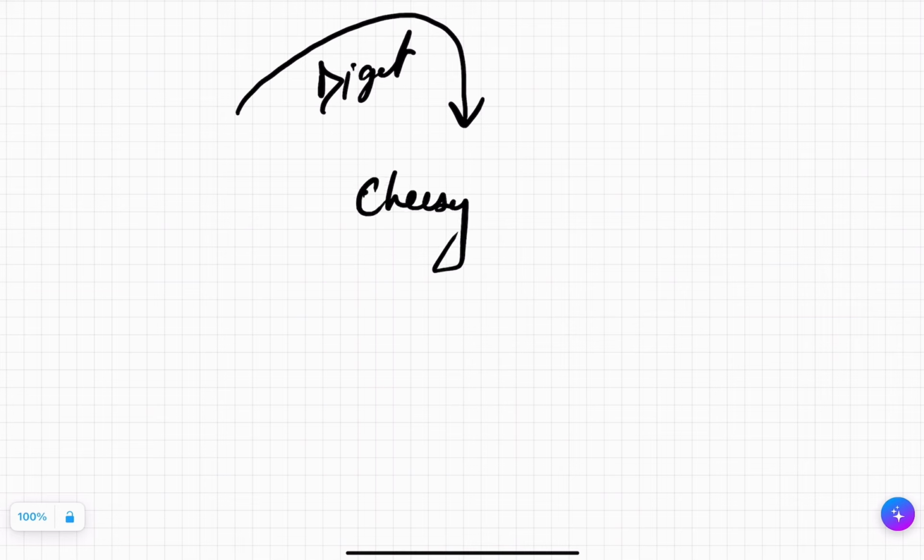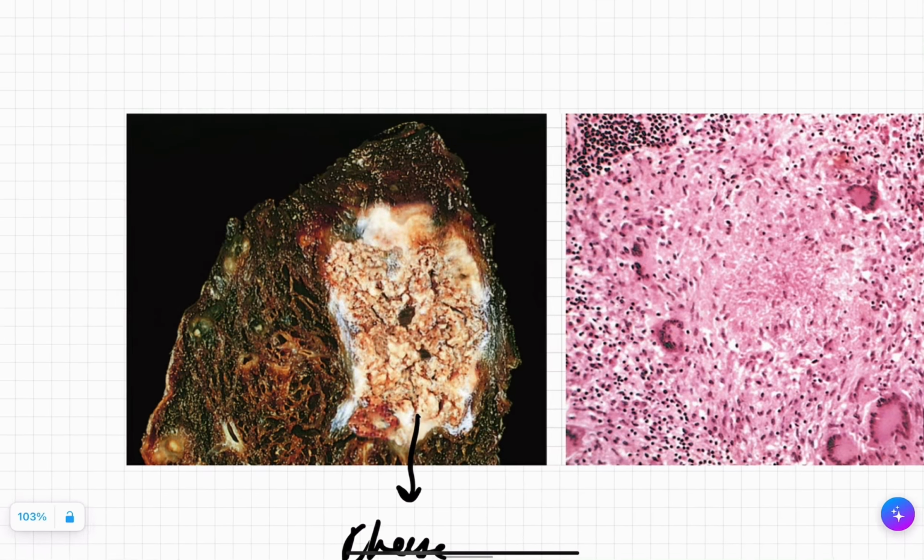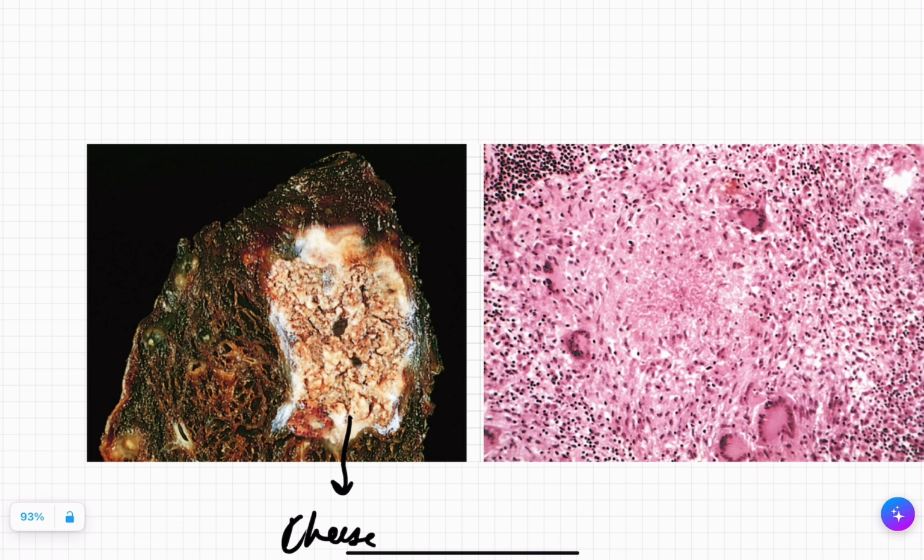This is the reason why we call caseous necrosis cheese-like in appearance, because they have a cottage cheese appearance. So caseous means cheese-like, necrotic tissue showing the cheese-like appearance. Cellular architecture will be lost here, as you can see in the photograph, often surrounded by macrophages and other inflammatory cells. We will see when we study chronic inflammation, I will show you something known as